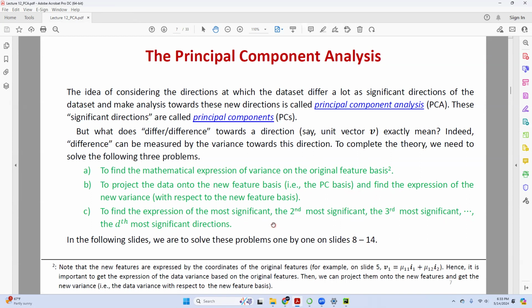As long as I have an order, a sort of all of them, I can simply, based on some criteria, choose how many PCs, principal components, are needed, right? Because originally it's a D-dimensional space, and if you just project again on the D PCs, what's the point? It's just like you look at a different angle to see the data. Nothing's reduced. But actually, many things can be reduced.